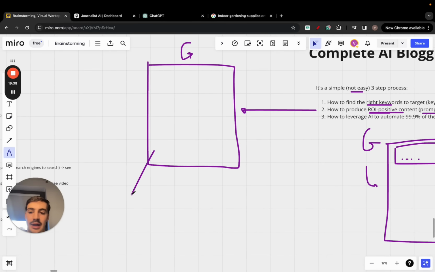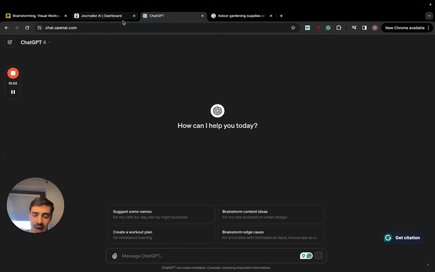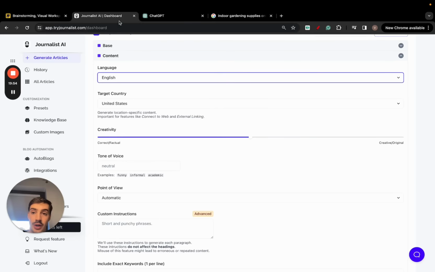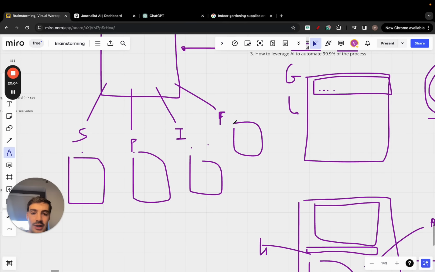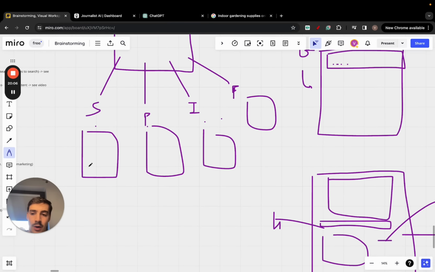I sell to the whole of Europe, I sell to Spain, I sell to Portugal, I sell to Italy, right? I sell to France, I sell to all these different countries, right? Now, what you can do with AI, and even ChatGPT, you gotta think about AI as a technology. What you can do with AI is produce and target all these international markets, and have dedicated blogs, not blog posts, but dedicated blogs, right? These are all dedicated blogs in French, Italian, Portuguese, Spanish, all with multiple blog posts targeting keywords in